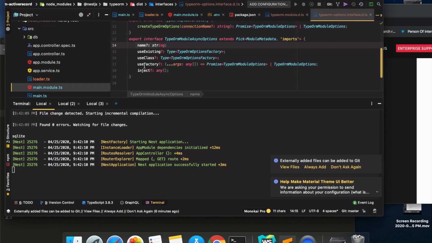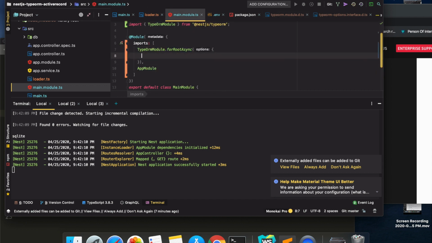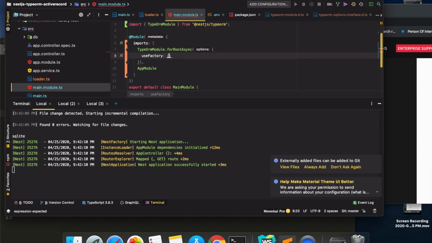The one which we are going to use is useFactory. useFactory takes a function with arguments, and these are optional because it's dot dot dot, and it would return a promise or TypeORM module options. So it can be a sync or async function both. Going back here, we are going to use a useFactory async function.